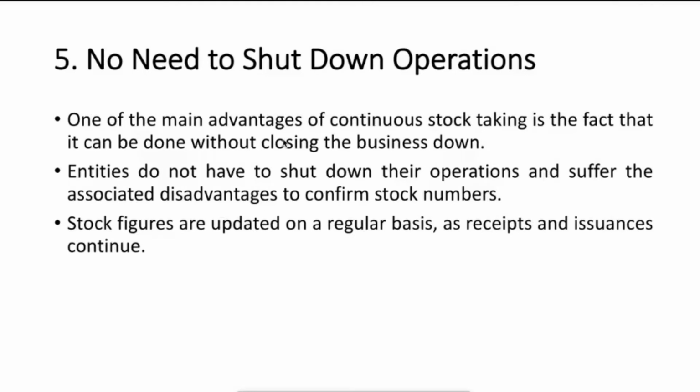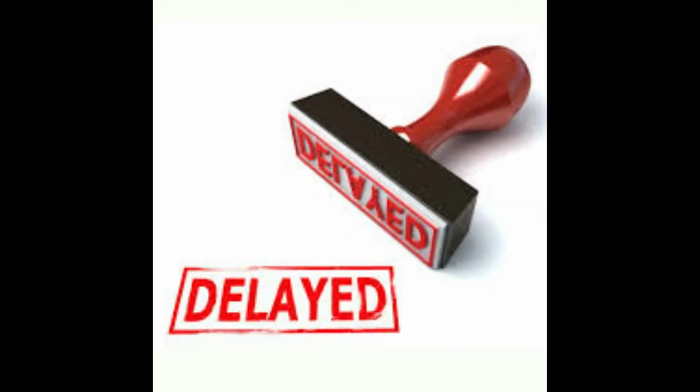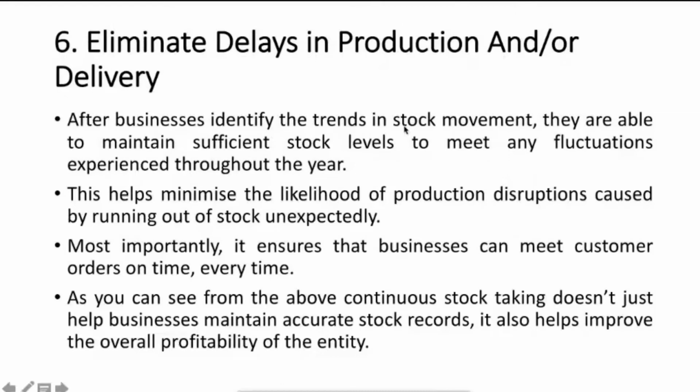There's a physical verification every day. 365 days a year, if the factory is working, you can do physical stock taking every day. And similarly, it eliminates the delays in production and in delivery. So जो production disruptions होती हैं because stock out of stock हो जाता है, so that is reduced. So there's no out of stock position because now whatever stock is there, whatever minimum levels, maximum levels are there,